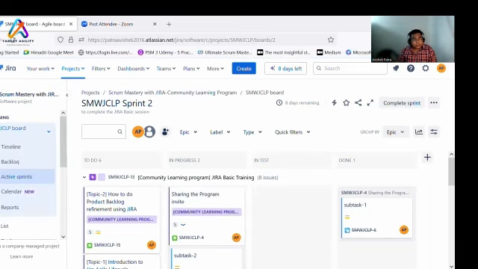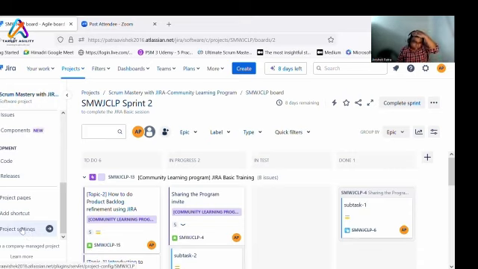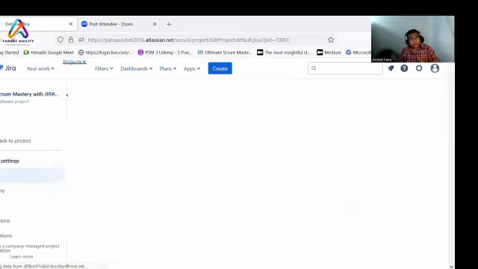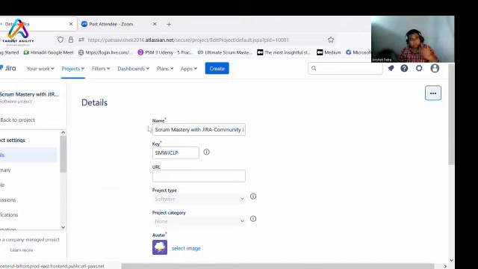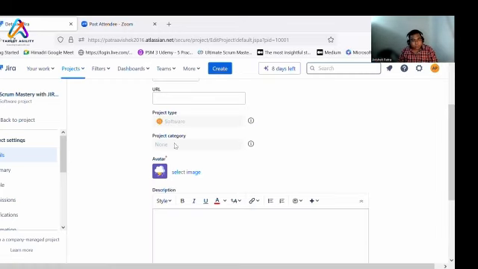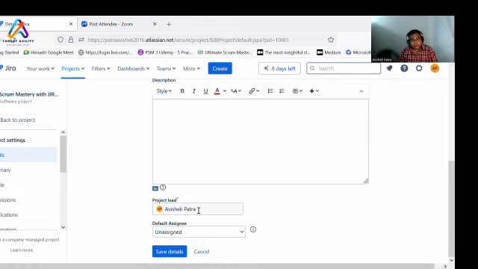When you get access to a company managed project, we go to the project settings, and then we can see all the necessary information we have in place. First of all, when you see the details, you get to see the project name. Project key is automatically generated, right? Project type is software, and the project lead. If you see here, I have created the project, hence I am the project lead. Default assignee is unassigned. Either you can be the project lead, or anyone else who created the project can also be the project lead, right?